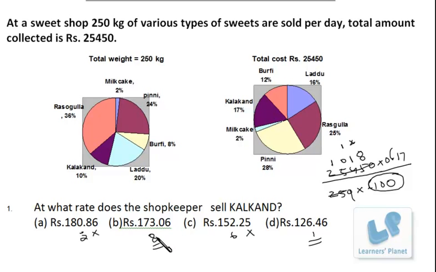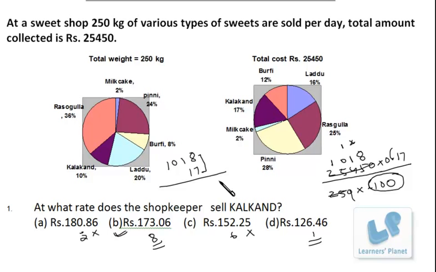No need to calculate further, right? Alternatively, just observe that the second last digits of the options are 8, 0, 2 and 4. That means it's unique. So if you calculate the second last digit of your answer, then also you can arrive at the correct choice. Now how do we calculate the second last digit? It's 1018 into 17, right? If we multiply, we can calculate the second last digit, but we are not going to do the entire product over here.